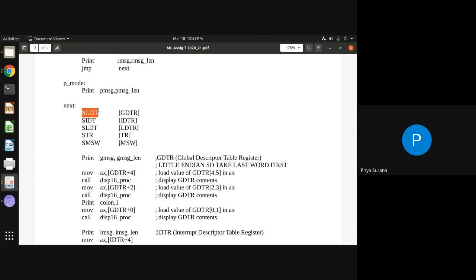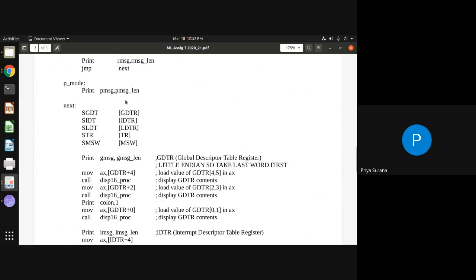These are all protected mode instructions which will store the content of these into the variable given with that instruction. There are two types of instructions, store and load. We can modify by using L instead of S, but we just want to take the content, so we are using store, S. The prefix S you are supposed to use. Remember this.